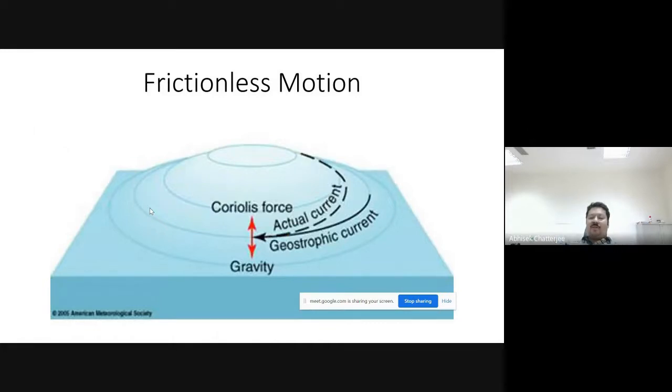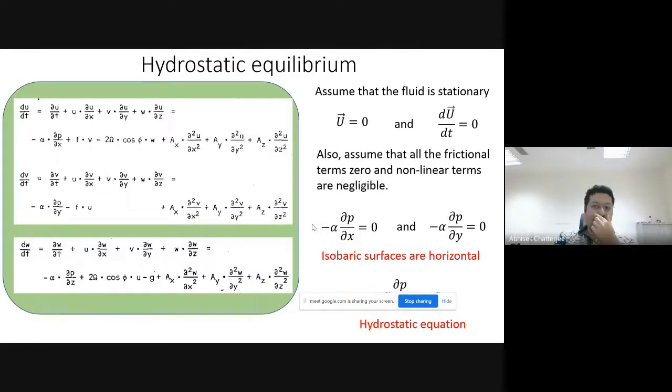So when you're talking about hydrostatic balance, that means we already avoided certain terms. We avoided the advection term. Okay, we are assuming they are very small. We also avoided the frictional terms. That means we are talking about a fluid flow which is away from the boundaries. The frictional forces are less. So the flow field that we're talking about is called frictionless motion. So we're going to avoid friction altogether. Okay, so this is the thing that we're going to discuss.